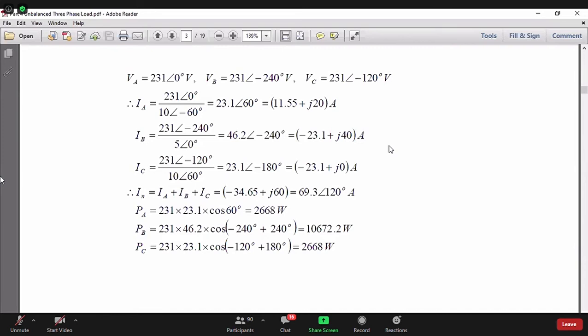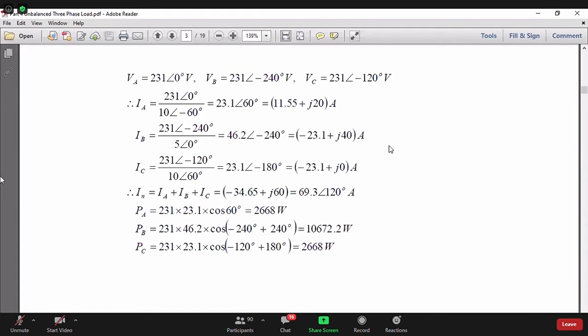That is very simple. See, you take the R phase of the motor and R phase of the line and connect them. Then B phase of the motor and B phase of the line, connect them. C phase of the motor, C phase of the line, connect them. Then you have a phase sequence ABC connection.